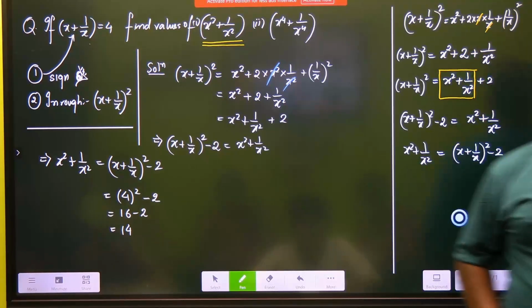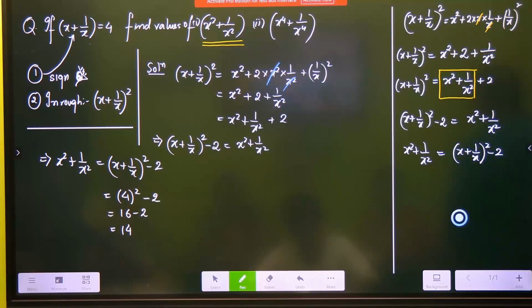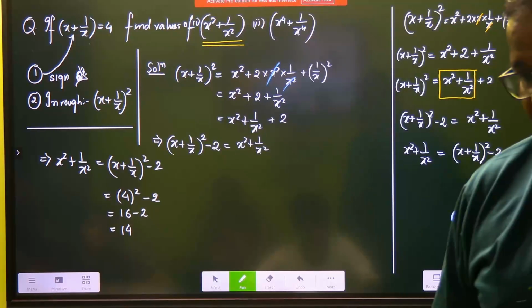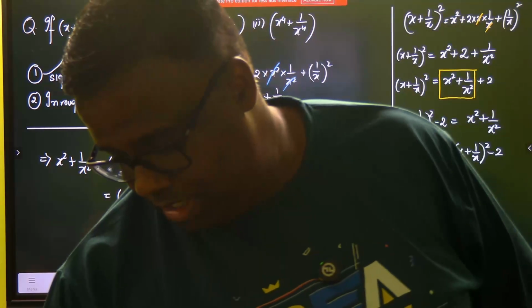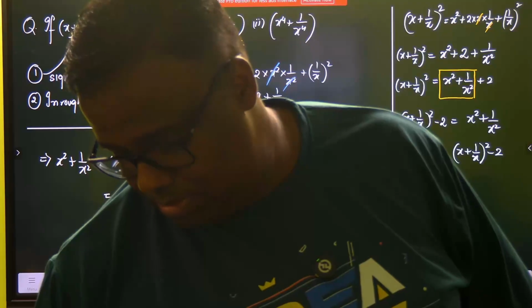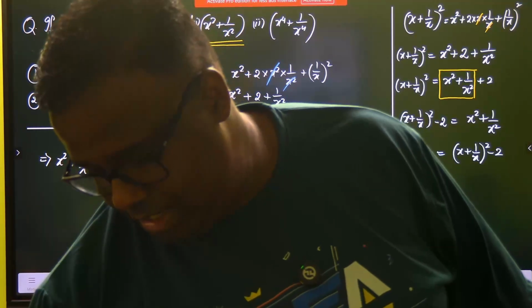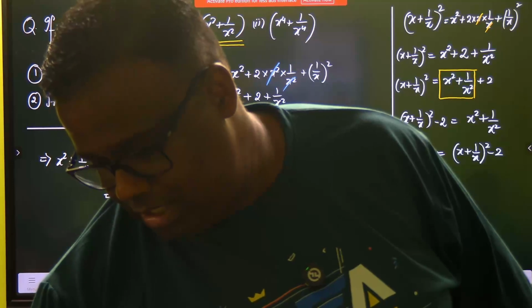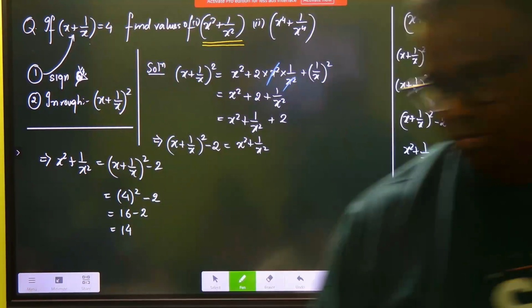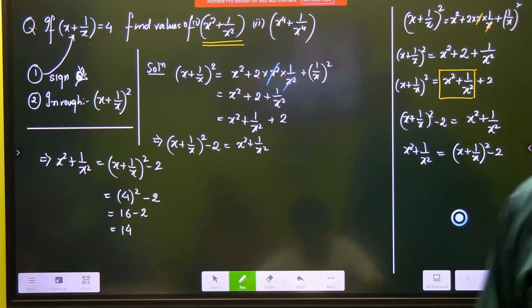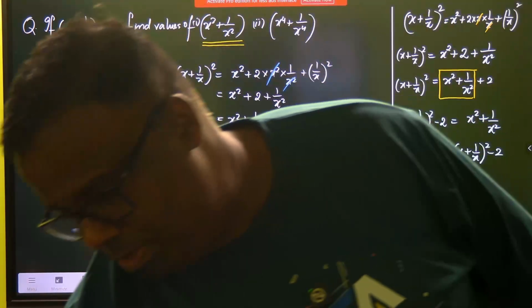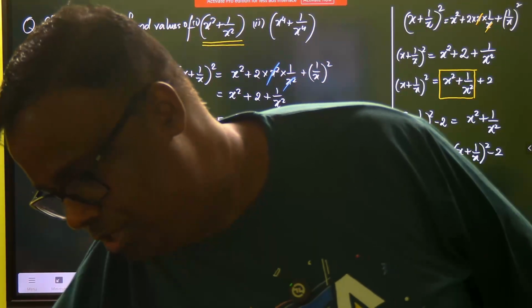Solve the square. When you solve the square, you will automatically get a 2 into x into 1 by x. So the x and 1 by x will vanish, leaving you only 2 and x plus 1 by. We had to find the value of x square plus 1 by x square and x4 plus 1. ये निकालना है. ये आ गया ना, ये पोमोग्रेनेट एक्स्ट्रा है, लगा लो इसको, हो गया काम. ठीक है, -2. नाउ पुट, और यहाँ पे एक और डालो, ये डालो, और जो मैं लिखता हूँ ना, थोड़ा